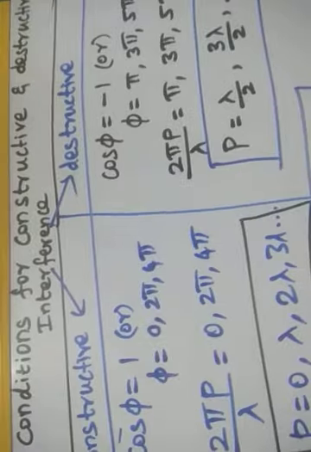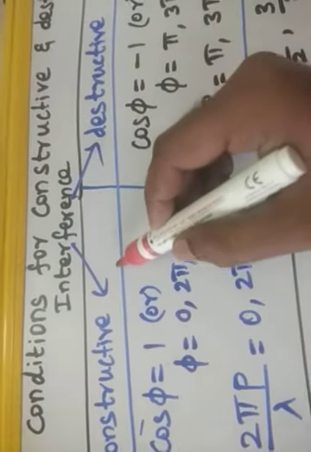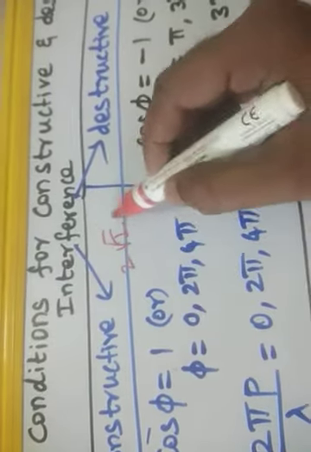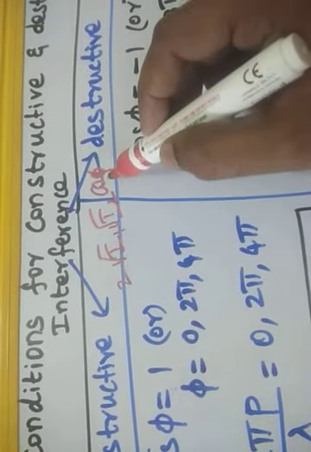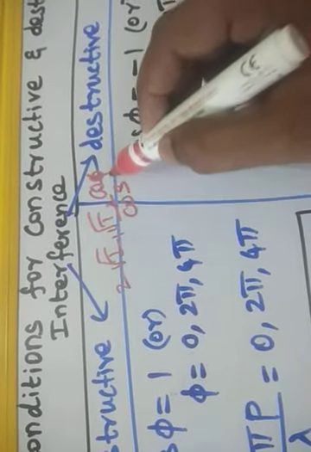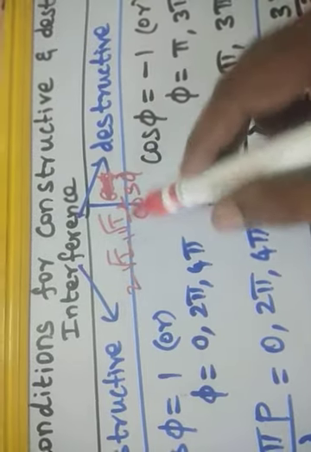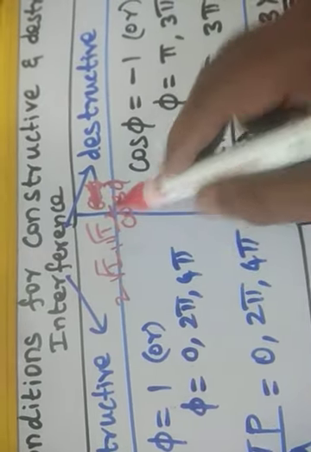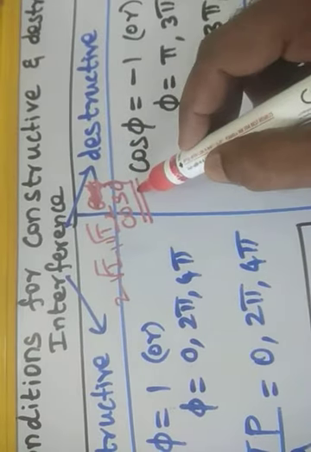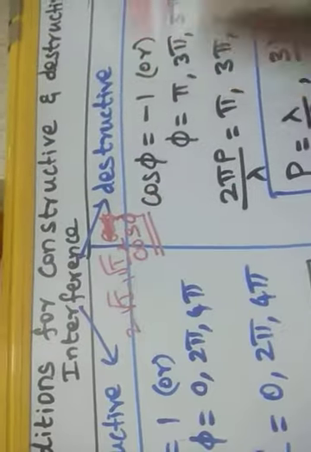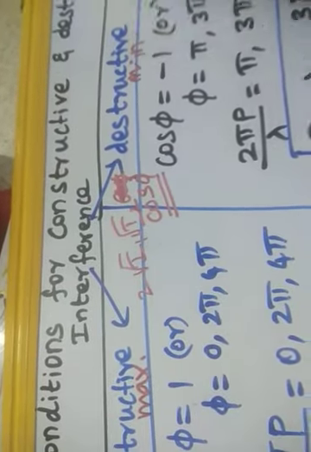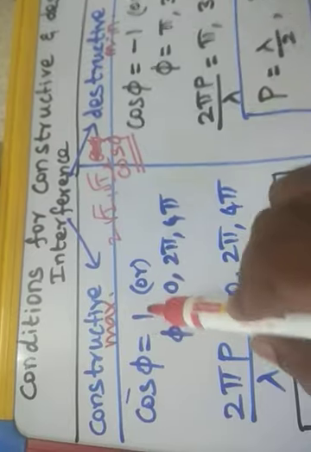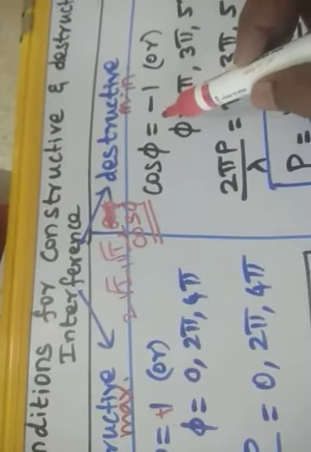Dear students, as we already told, the constructive term is 2√I1√I2 cos φ. Are you able to see clearly? This cos φ term being maximum means constructive interference. The cos φ term being minimum means destructive interference. So this is the maximum condition, and this is the minimum condition. For the maximum condition, cos φ is +1. For the minimum condition, cos φ is −1.